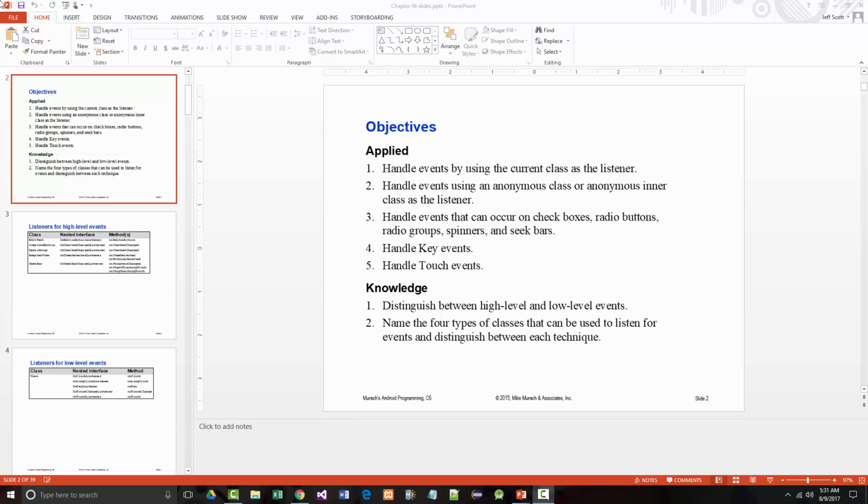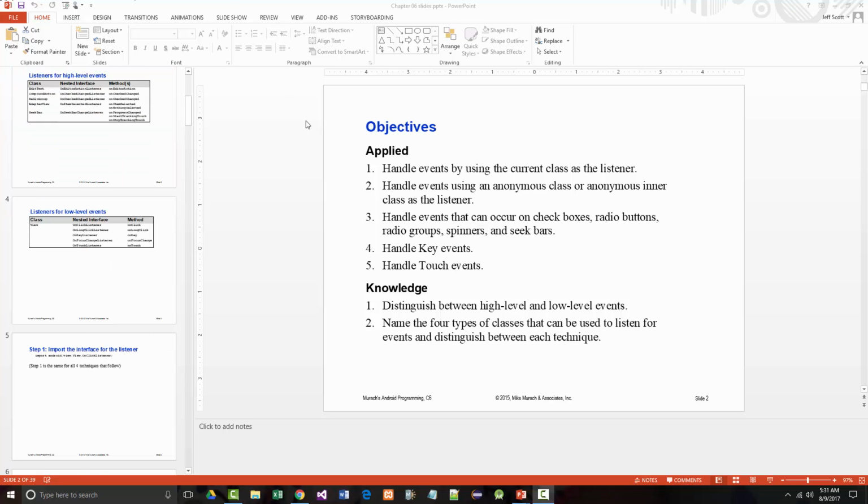I've spent most of the last several lectures going over what is in chapters 1 through 4 of the book, that is the tip calculator program. Then we went over chapter 5, and I built a bunch of controls on just a simple program. In chapter 6, they talk about handling events, and they distinguish between low-level events